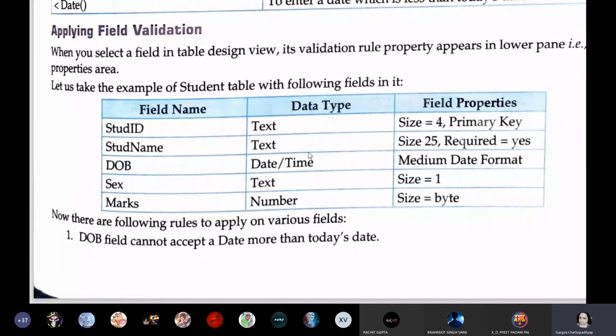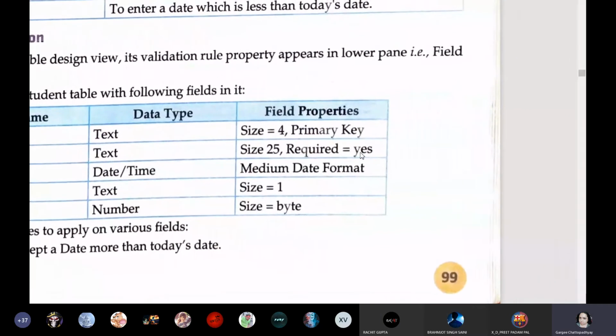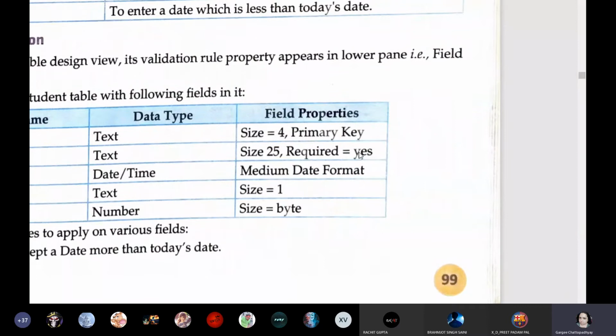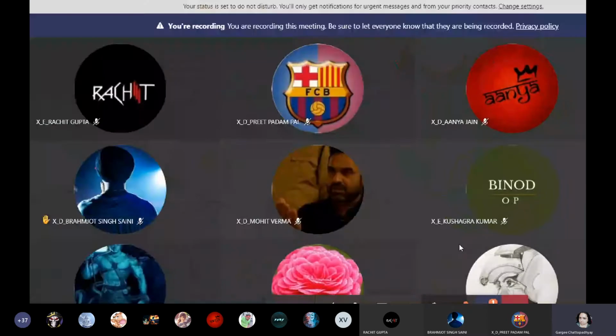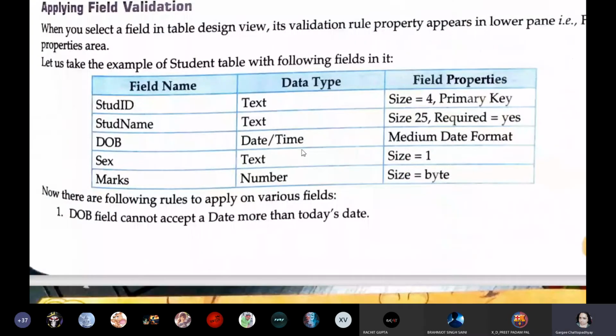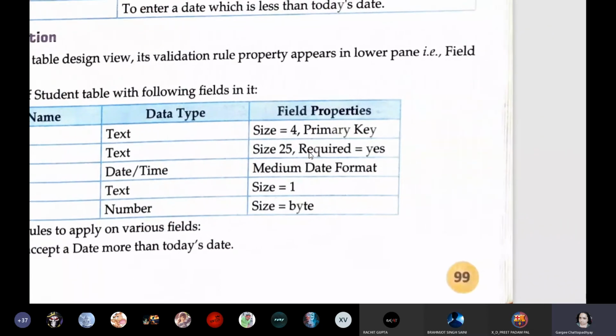Second part, student name. Text, size 25, required, yes. What do you mean by required now? Anybody else? Let me ask someone who will answer. Vishwajit, are you there? Yes, ma'am. What do you understand by the required field?